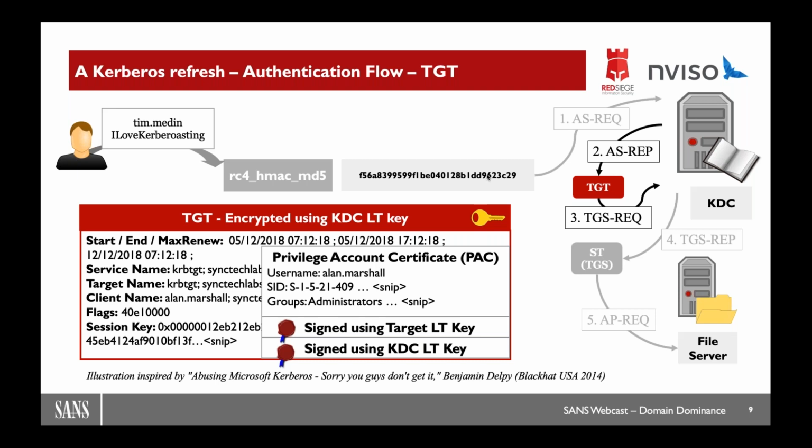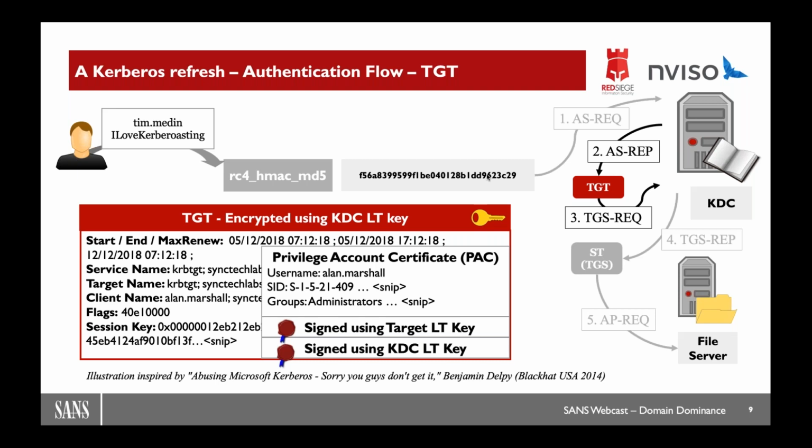Do note that I have Alan Marshall here. I just noticed that. That, of course, should be Tim Medin. So that will show me for updating my name last minute when I heard that Tim was not joining. So here you can see that I have a username, Alan Marshall. In this case, it would be Tim Medin, of course. So it has information about the ticket, about the TGT. So we understand who is actually using this ticket and who this ticket represents.